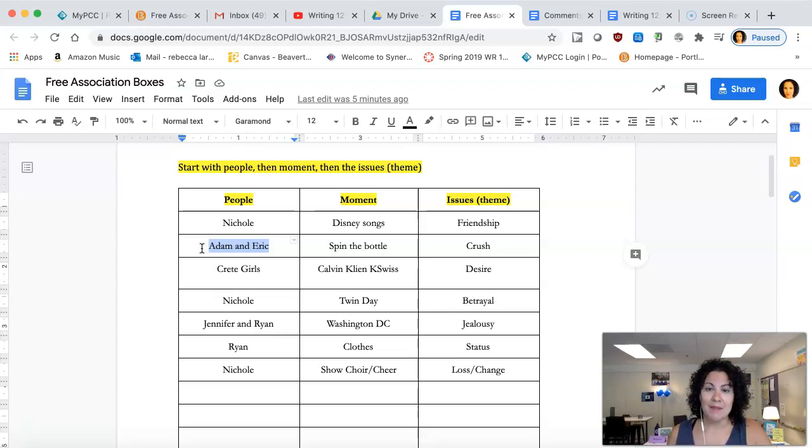In eighth grade in middle school, we went to Washington, D.C. So you can see I'm kind of here now. And in Washington, D.C., we had rooms with friends and everything. And there was this boy, Ryan. And I kind of liked Ryan, except Ryan was dating Jennifer, who was one of those blonde, beautiful Crete girls. They all lived in this one little area too. And I just remember being extremely jealous.